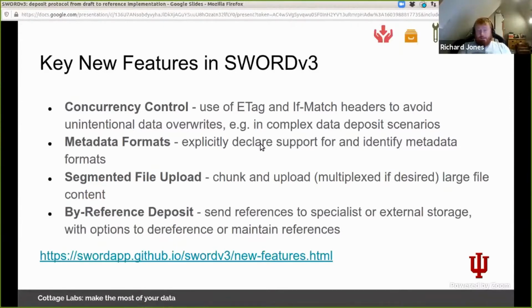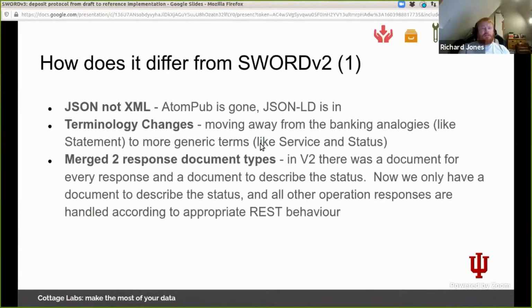So those are the four main things that we added, and for the most part, they give us the power we need to handle the research data use cases. So the differences from SWORDv3, for those of you that are familiar with SWORDv3, are, first of all, it's JSON, not XML. And specifically, we're using JSON-LD so that it sits nicely with the semantic web or linked data